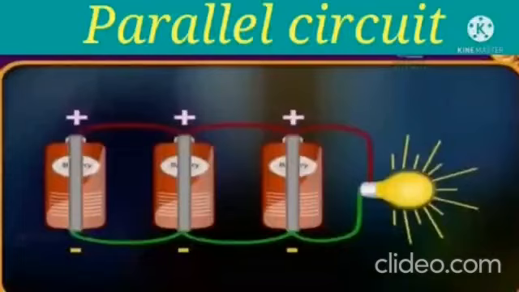This can be observed in our household electric circuit. All components in our houses are connected in parallel. So, these parallel circuits are generally used in our houses. Each bulb in the circuit is connected in a separate path through which electricity can flow. Okay, students.